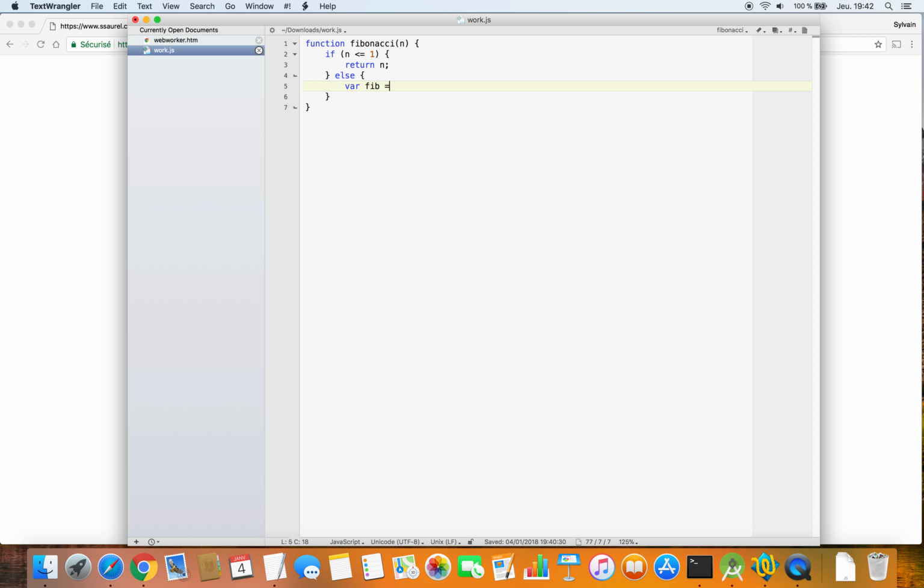Then, we can write the algorithm for the Fibonacci function, the iterative one. After the first two numbers, each number is the sum of the two preceding ones.